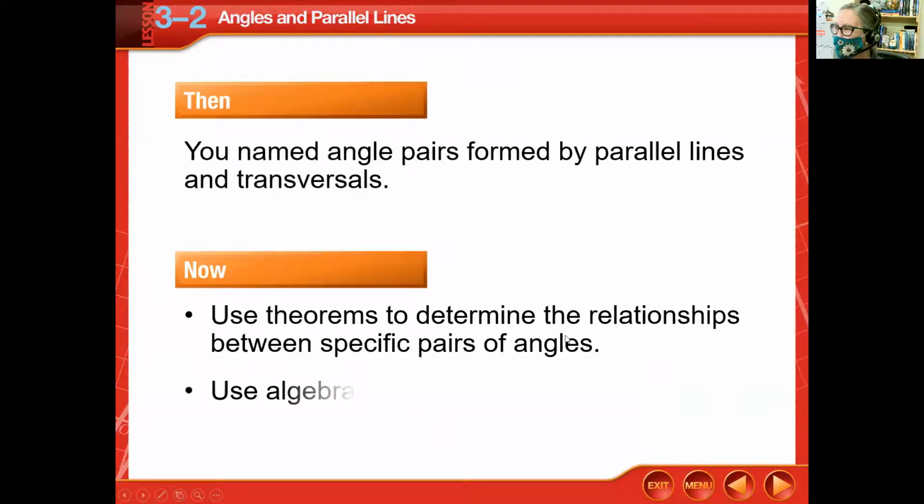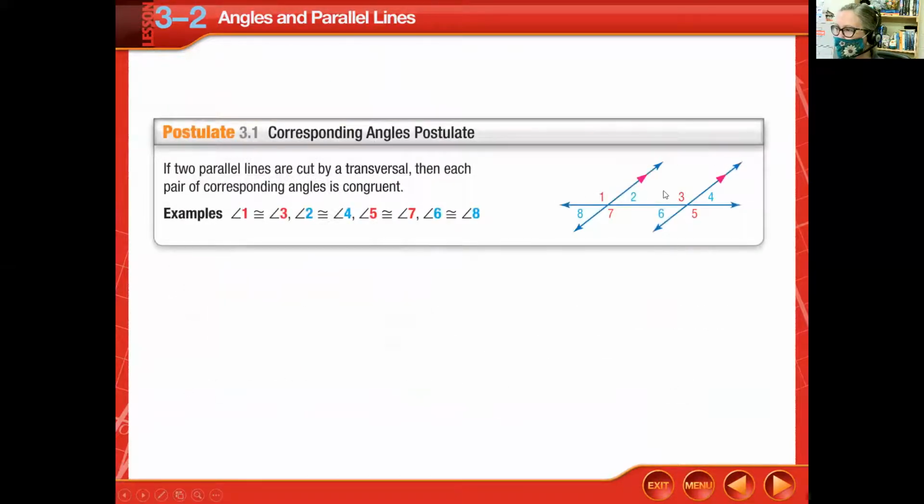Okay, so what happens if the 2 lines that are just laying around in the plane are actually parallel, and then a transversal comes along and cuts them and creates 8 angles? What happens is, out of those 8 angles, there's only 2 measures. Sometimes they're equal to each other, and sometimes they're supplementary. Like we learned in chapter 1, angle 1 and 7 will be equal because they're vertical angles. Angle 1 and 2 will add up to 180 because they form a linear pair. They're beside each other. Well, now, if I know that, well then,